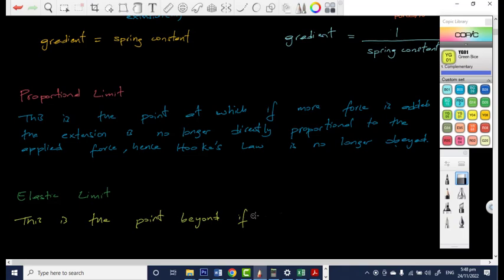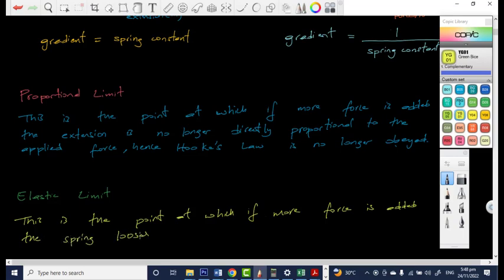So let's say this is the point. Let me use the same wording up here. This is the point at which, if more force is added, the spring loses its ability to return to its original length,